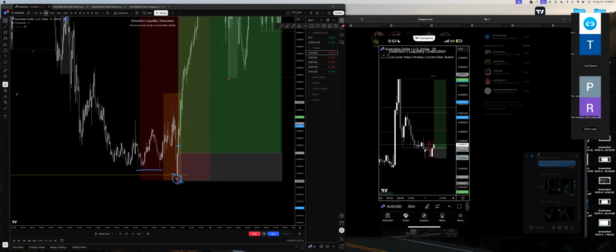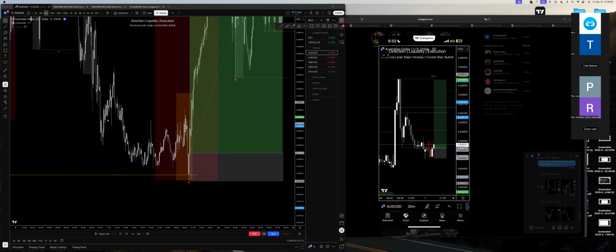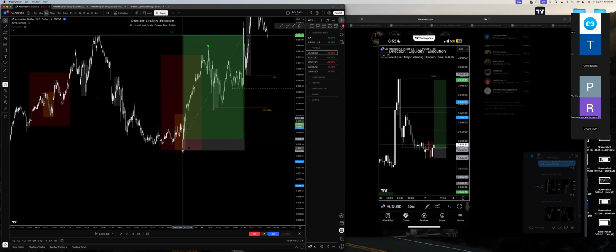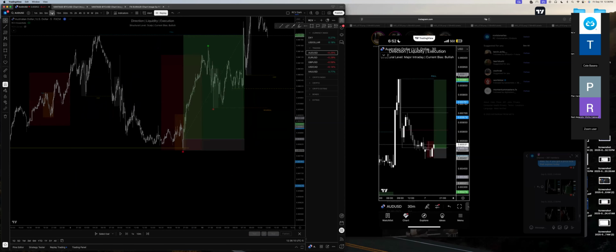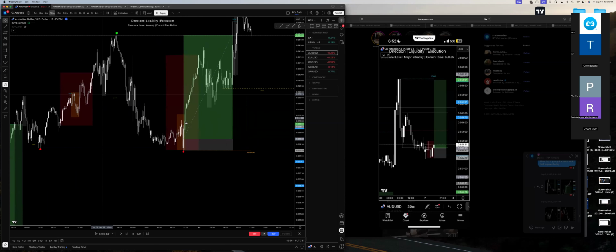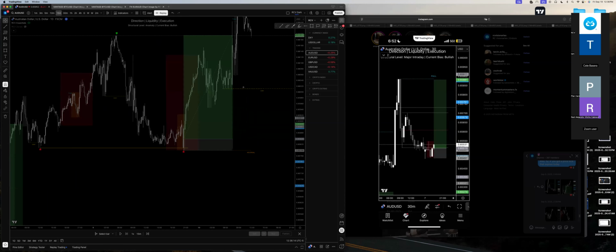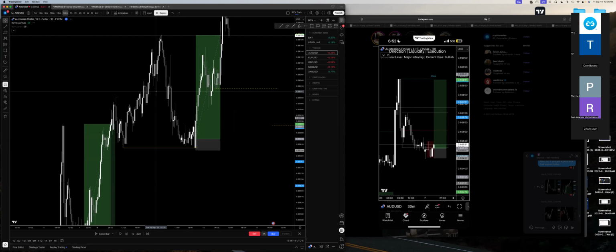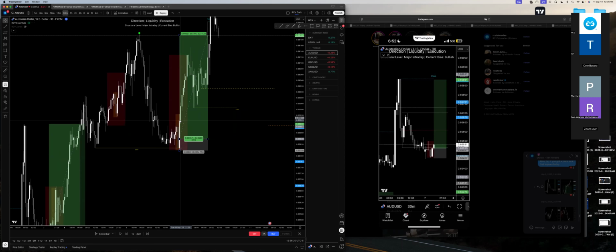But this one, I wouldn't consider it to be an ideal implied sweep. I would have actually preferred an M10, M15. But if we go to M10, this didn't go off, and I think on M15, it didn't go off either. So once we go to M30, by the time we actually got that engulfing, because I have been liking these three time frames, M10, M15, M30, it would have been too late.